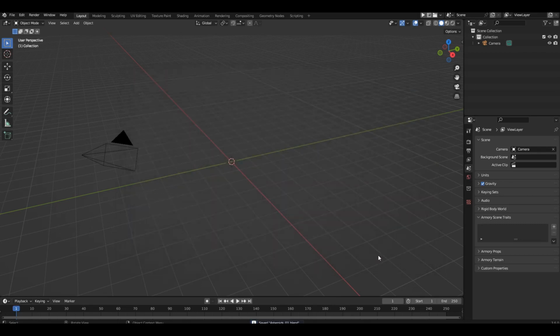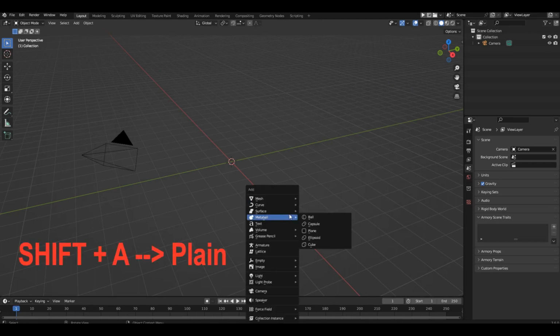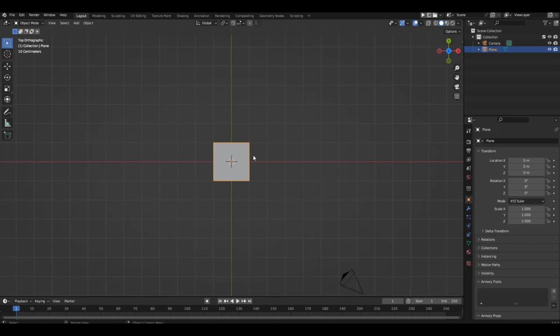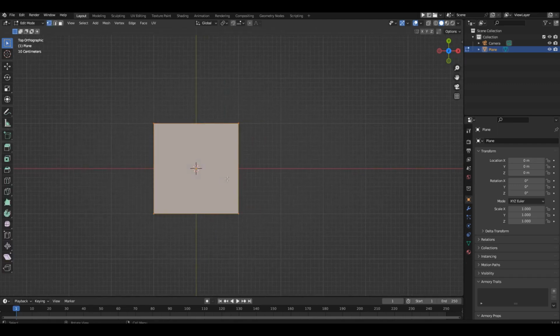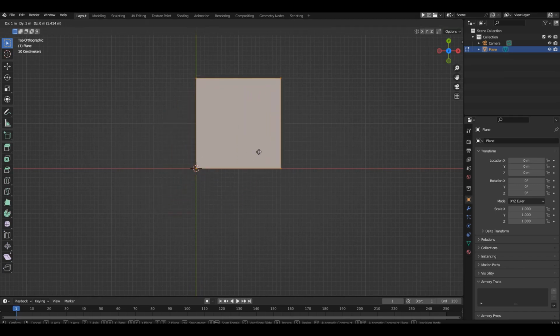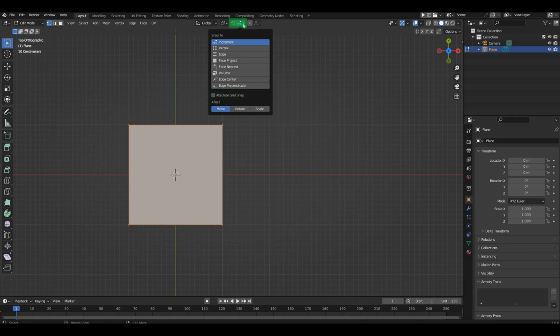Let's finally create a background for our scene. Press Shift-A and select Plane. For your convenience, you need to move this plane so that the bottom left corner, along with the transformation point, is at the origin. Open the snapping menu. We need increment mode with absolute grid snap enabled.